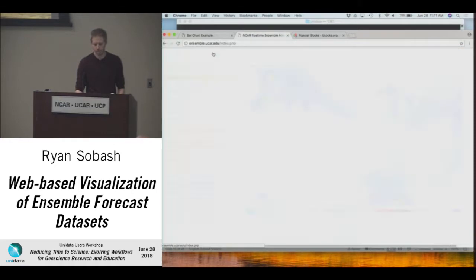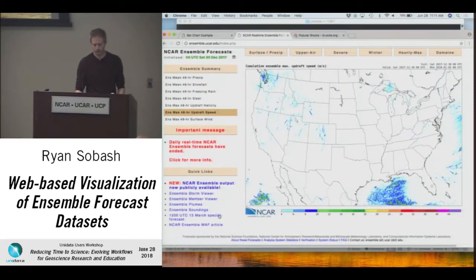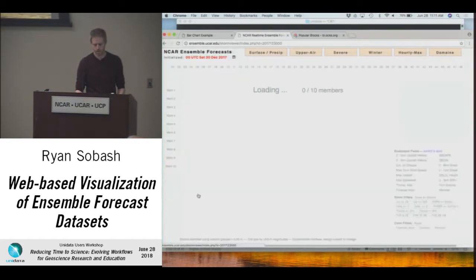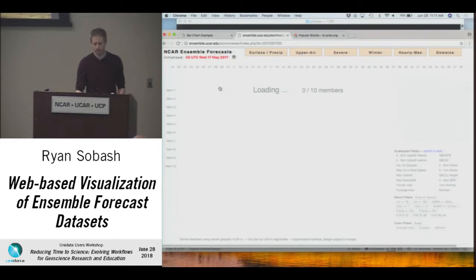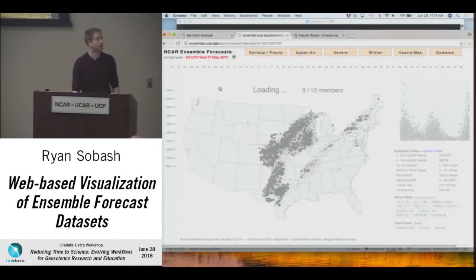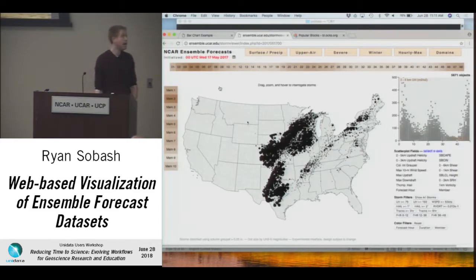Well, the final visualization that we developed is quite a bit more complex. And so I'm going to just briefly talk about this, and I'll hit it at the end after we've talked about D3 a little bit to give us a little more appreciation of this. So I'll pick a forecast here from the past. And so this is the same type of map that I was using before to pick stations, and now I'm